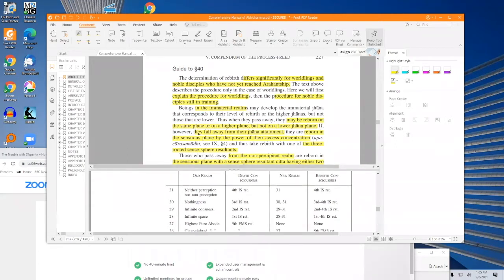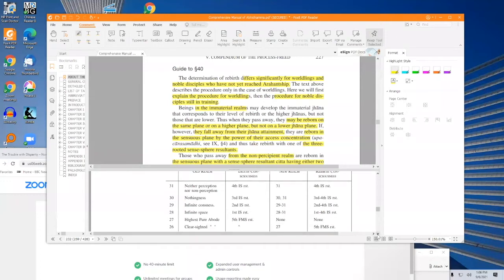But if they fall away from their jhanic attainment, then they are reborn in the sense sphere plane by the power of their access samadhi, access concentration, and they take rebirth with one of the 3 rooted sense sphere resultants. That is, their rebirth consciousness will have the 3 roots of non-greed, non-hatred, non-delusion. And we could see this in the table that those